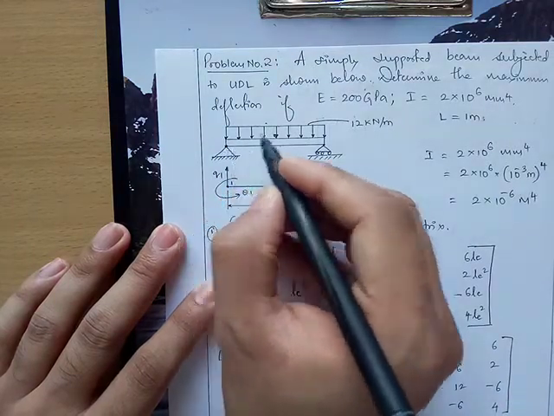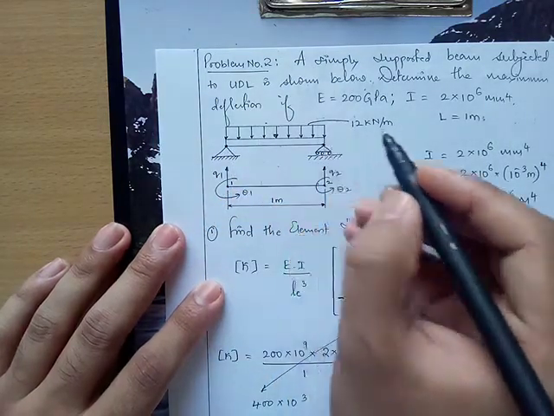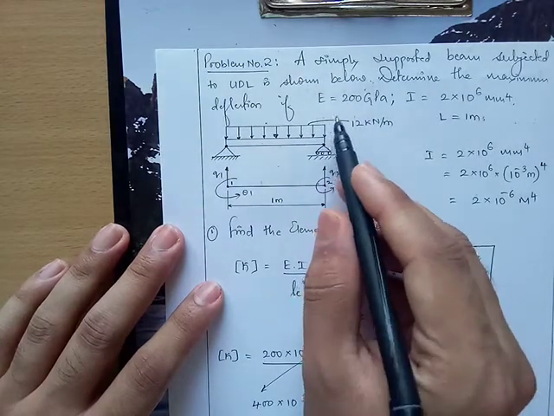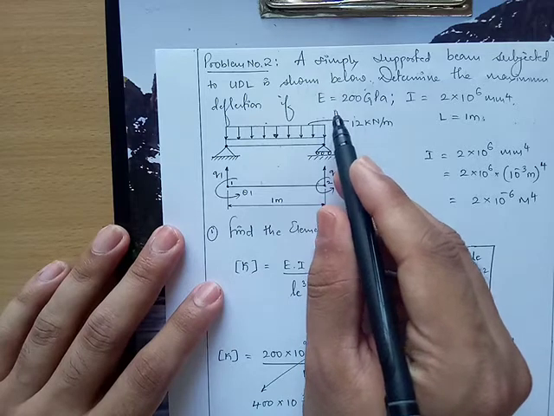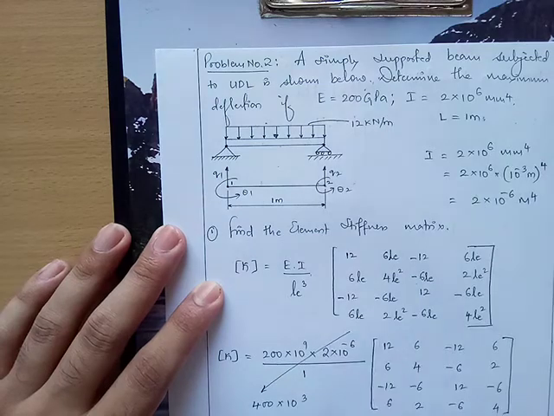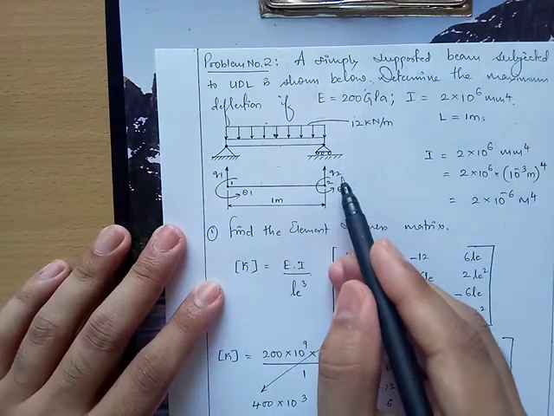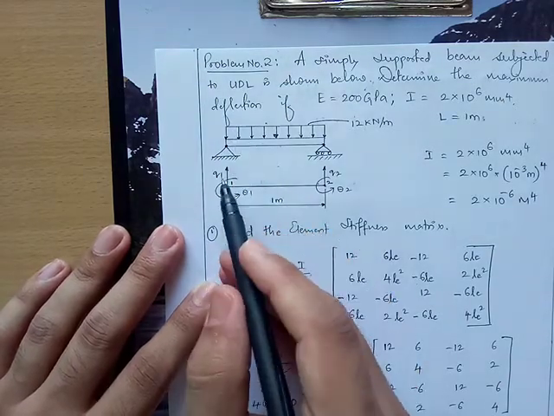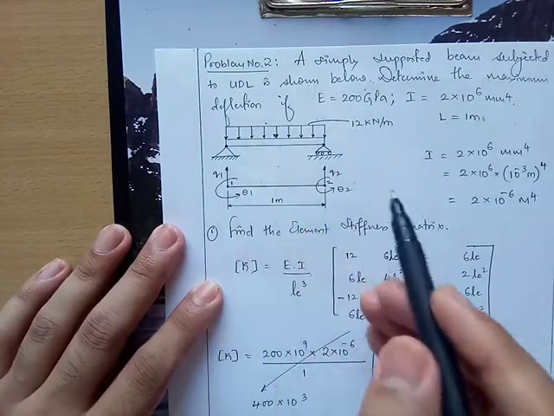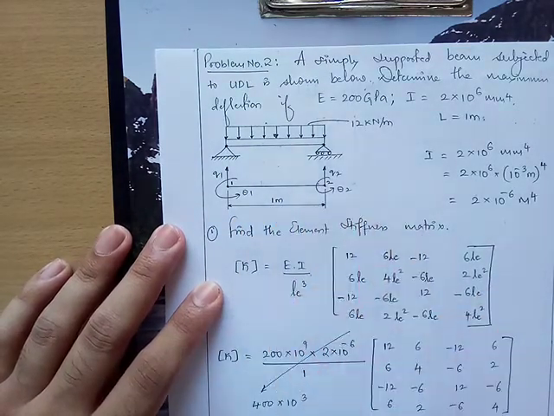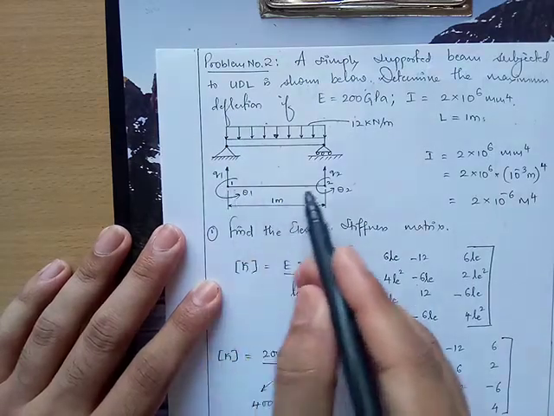Okay, so this is pinned support, and on the other end, that is at node 2, it is a roller support, right? In roller support, vertical translation is restricted, so Q2 automatically becomes 0. It can move horizontally, but it cannot move in vertical direction, so Q2 is 0. In pinned support also, the vertical motion is restricted, so that is the reason Q1 is taken as 0. In both these cases, rotations are possible, so theta 1 and theta 2 values exist, right? So Q1 and Q2 should be taken as 0.